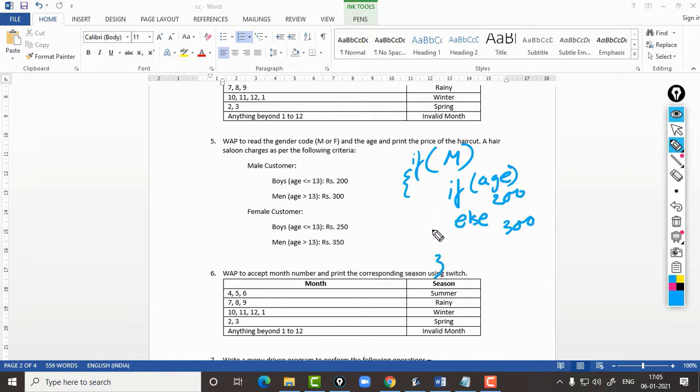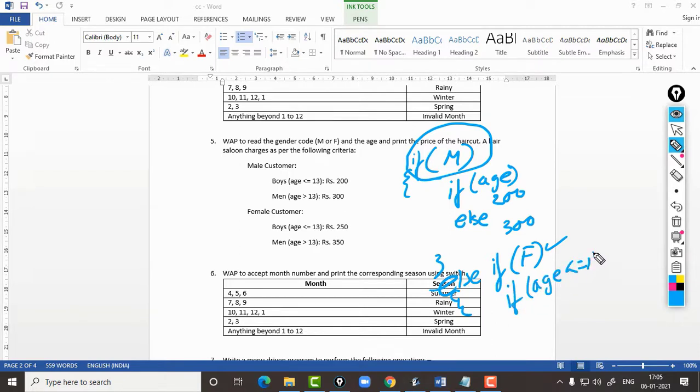Similarly, if this condition becomes false, I will check if the gender is female. And then if this condition is true, then I will check the age again. If the age is less than equal to 13, then the charge will be 250, else the charge will be 350.